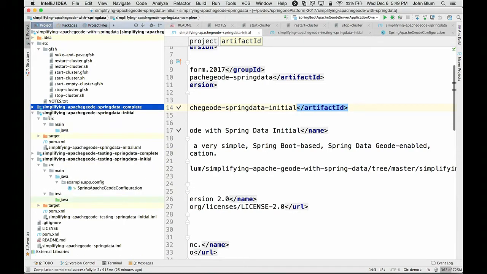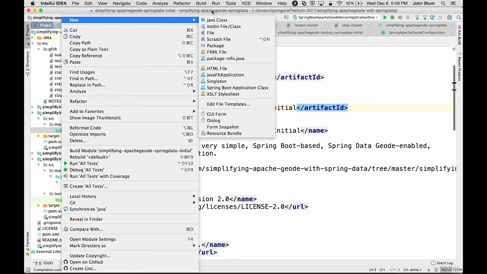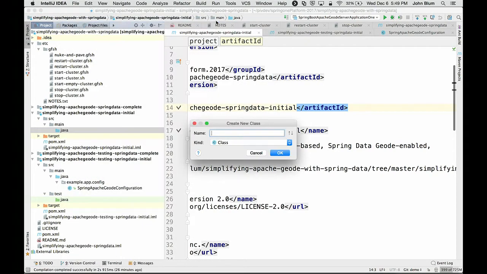This example has already been completed. That's what the complete is. If you go into the GitHub repository, you can look at it, and then the initial is you can try it out for yourself. But I'm just going to build it here today and walk you through the process of how that would look. So I'm going to create a class for my customer,